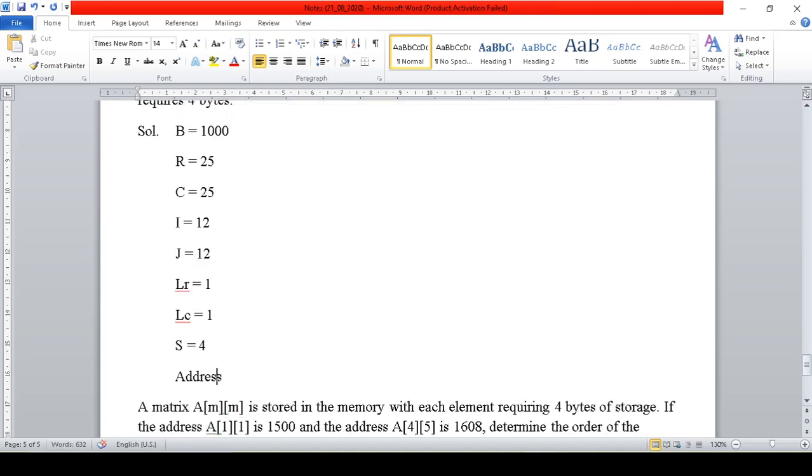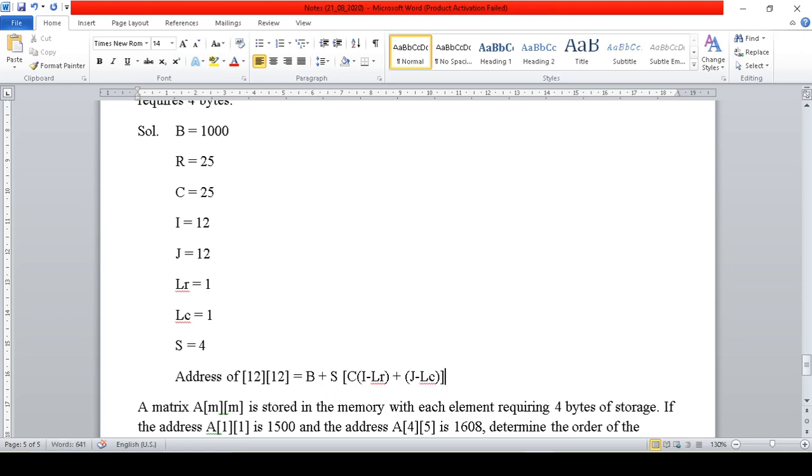So the address of 12, 12 will be base address plus size, then within the bracket I minus LR, plus J minus LC, and because we are working row wise, we multiply it with the number of columns.